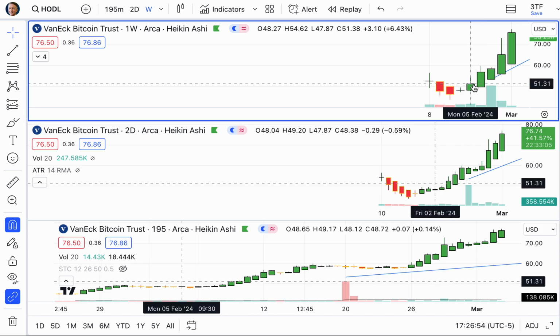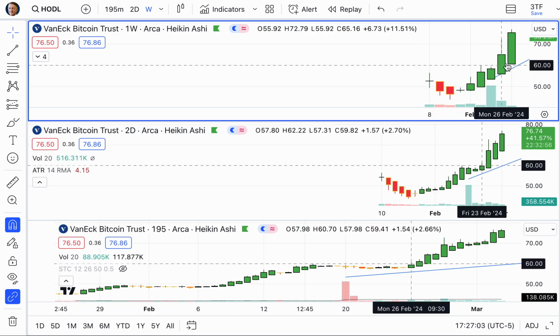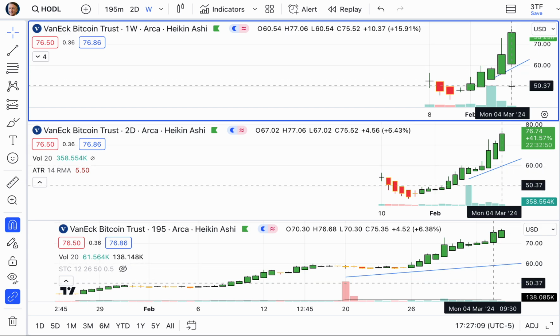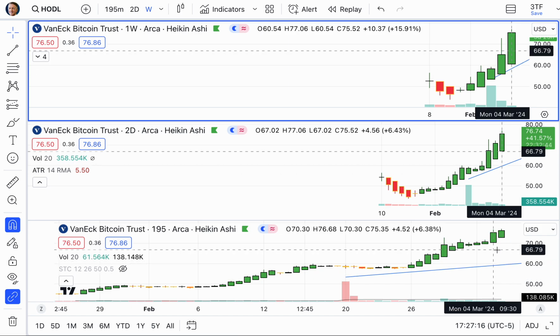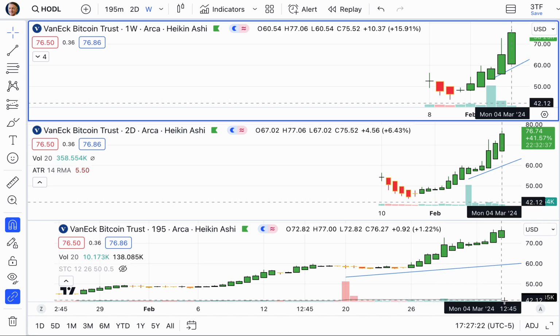Now, let's look at Bitcoin. Oh my gosh. HODL. This is the VanEck Bitcoin Trust. It is an ETF. And of course, look at it just this week. Look at the candle up 7.40% on Monday. Just booming up in the morning, a little further up in the afternoon. And of course, the only thing on this chart we have with any volume is here on the half day,